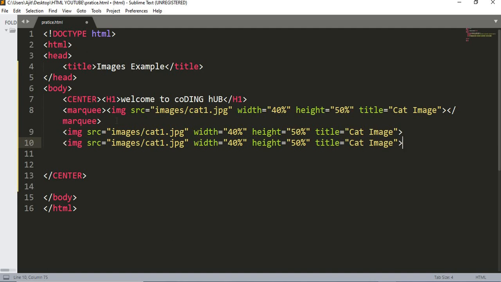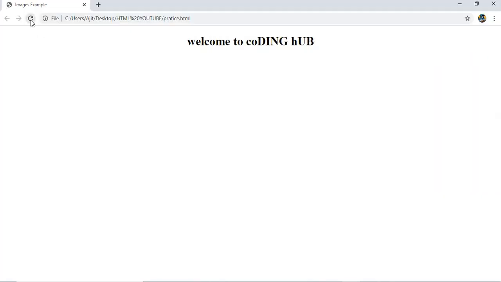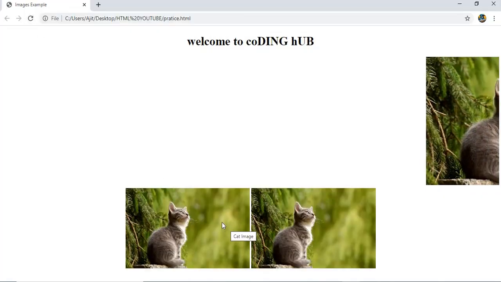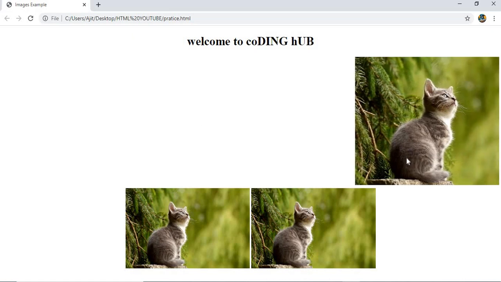One thing we can do is that we can see more images, right? So we can see more images in this. How can we do it? Let's say 25. Let's say it's 30. I will be applying the same over here also, 25, and then I will be applying for this also, that is 30. Control S and check whether we are getting our desired output. Yes, we are getting this image at the center, and this is the marquee tag which is rotating around it.